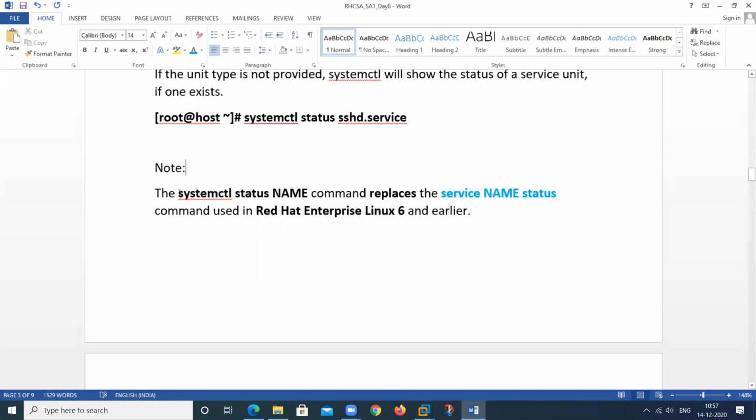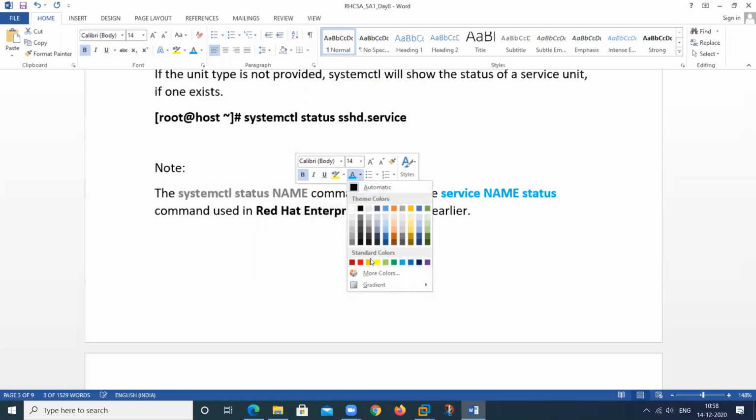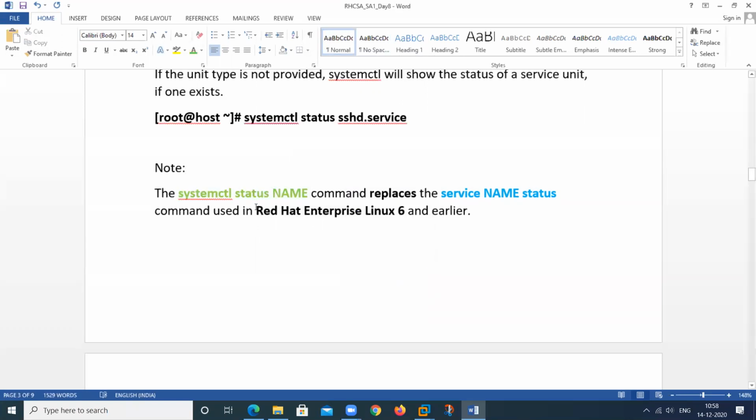In RHEL 7 or later, 8, you can use this one command. These two commands can be used. This can be used in RHEL 7 and RHEL 8 also, but the other can be used in RHEL 5, RHEL 4, and RHEL 6. So we can use this command.